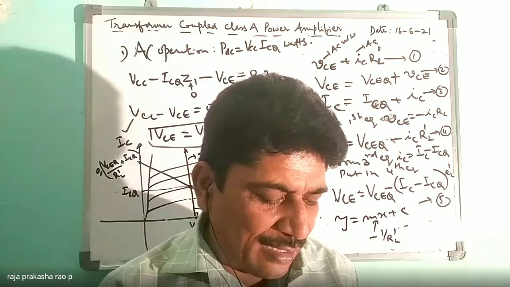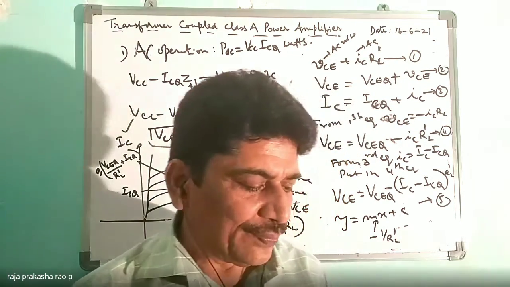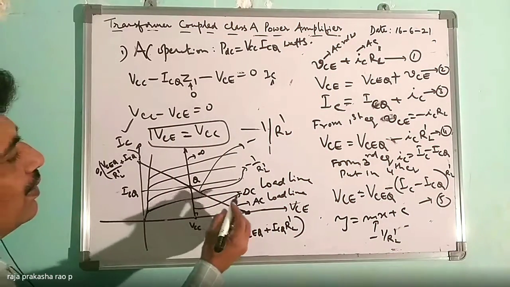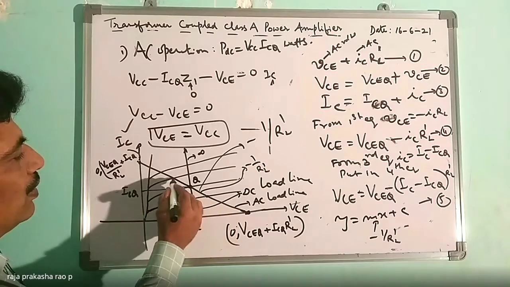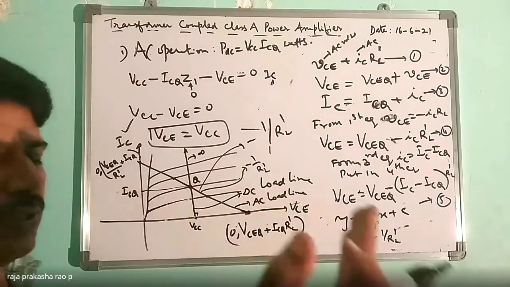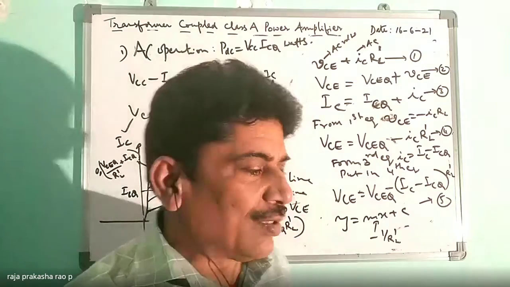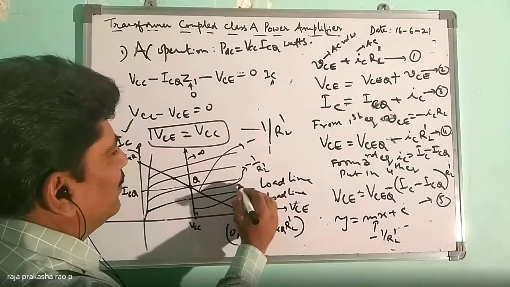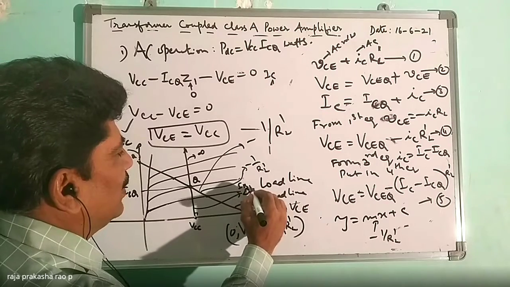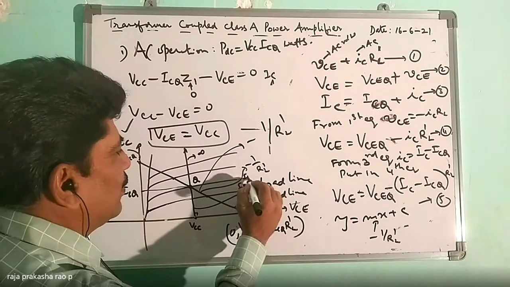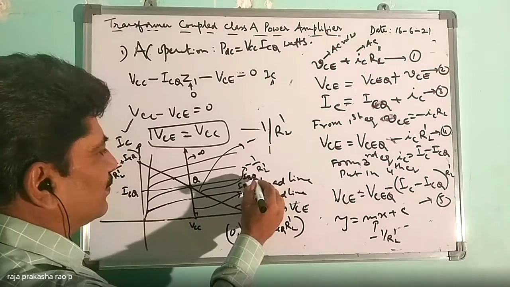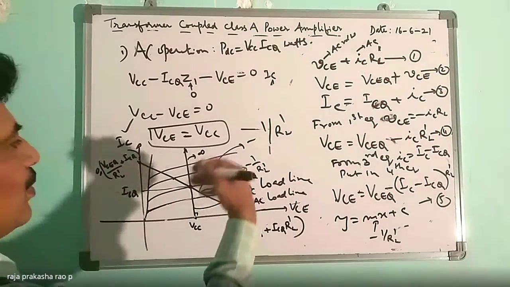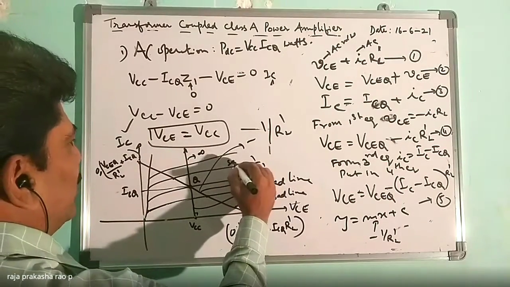So now let us hear about the AC output power, and how to draw the graphs here. You have to choose 2 points, one above the Q point and one below the Q point. Those depend on the IB value. Let this be IB1 and let this be IBQ. The IBQ is responsible for finding this Q point. And above that, let it be IB2.